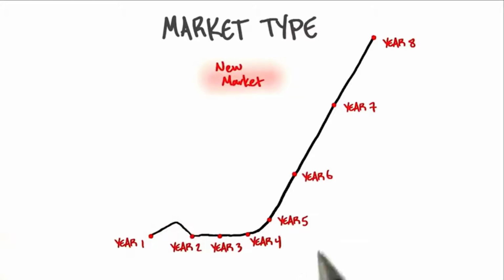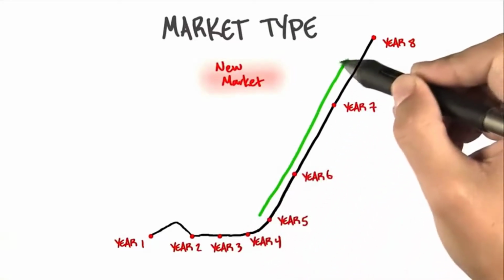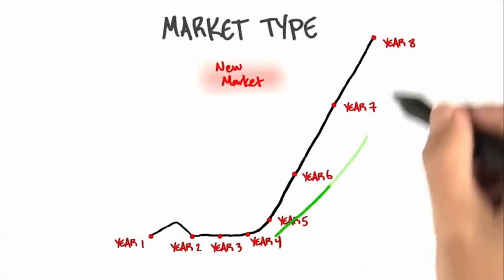What's going on is the mainstream market just hasn't adopted. And this might go on for years and never kick in, but if you're lucky, you'll hit a tipping point and market adoption happens. And when it happens, it's faster than you can imagine. But at times, it takes longer to get there than you can imagine. So in a new market, one of the things you need to be thinking about is, is there any possible way to move this curve in?